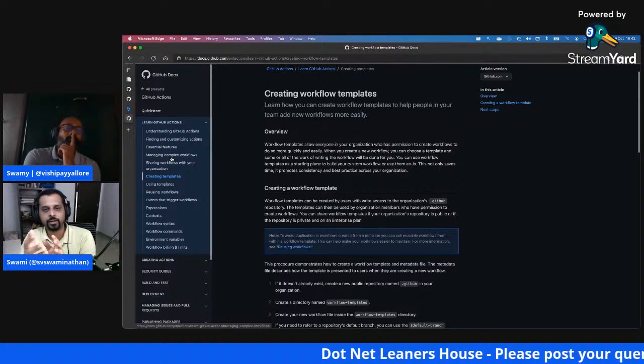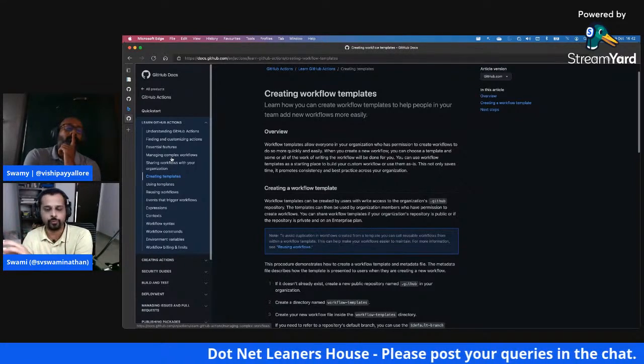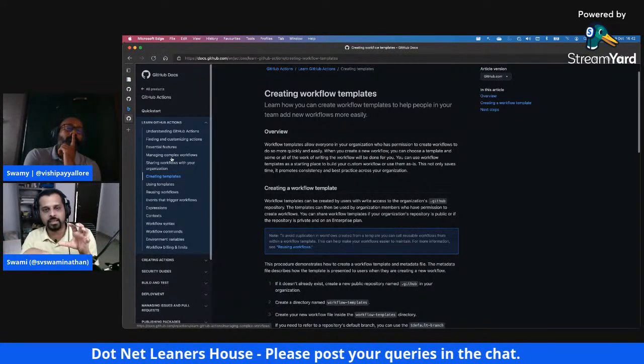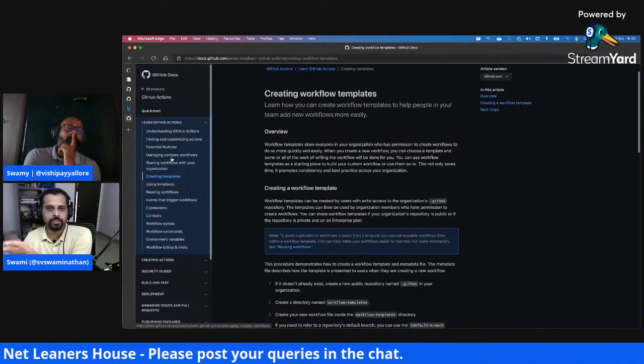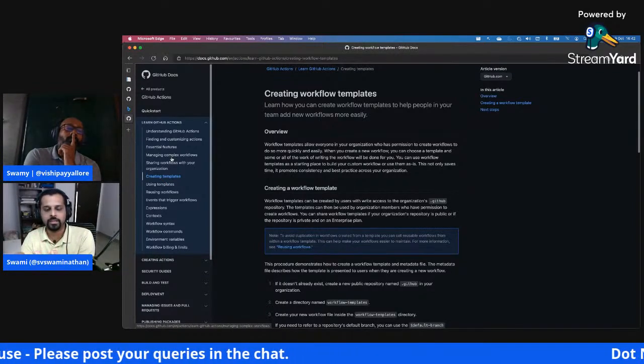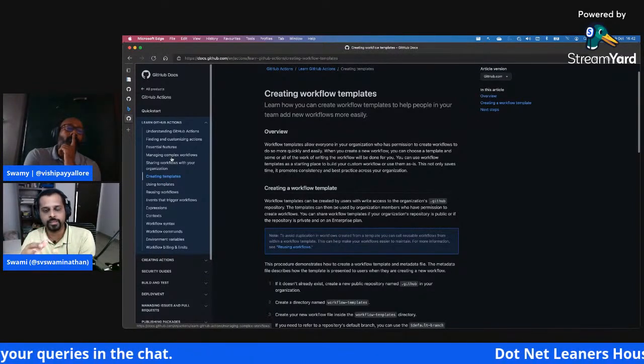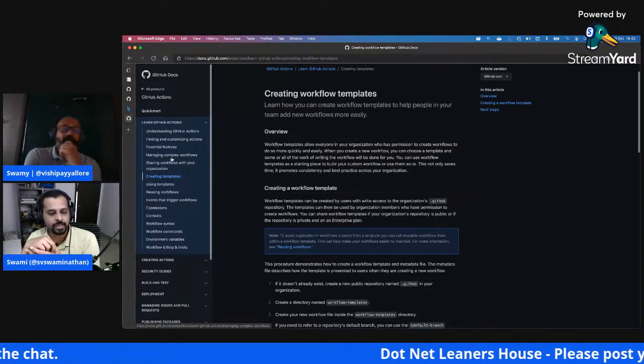You don't have to replicate all of these set of steps in each and every workflow file. You can create a composite action, and then you just keep including that action in each of these files and change the parameters as you need. Right? So that way, there will be a lot of reusability of these actions as well. That's what the composite action is for.